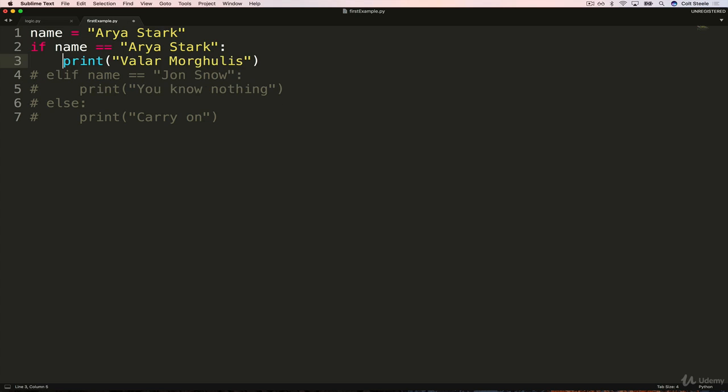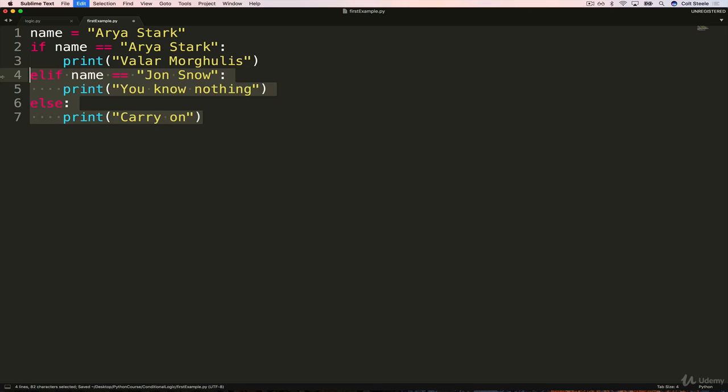The other thing I'll point out, indentation, the standard is 4 spaces. In Sublime, if you just in a Python file, I believe by default it's 4. But you could also just do 1, 2, 3, 4, or you can set your tab size to be 4 as well down here. Okay, so I will uncomment all that.